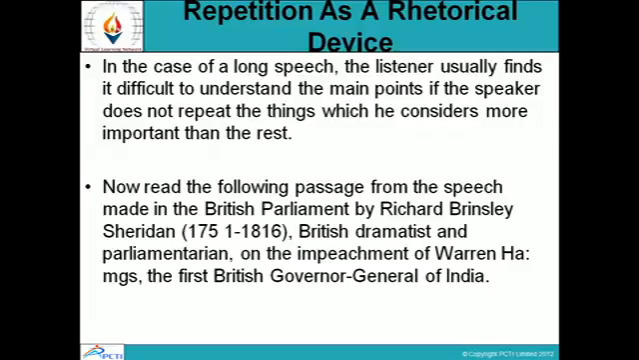Now you can read the passage from the speech made in the British Parliament by Richard Brinsley Sheridan, British dramatist and parliamentarian, on the impeachment of Warren Hastings, the first Governor General of India. So this speech starts like this: